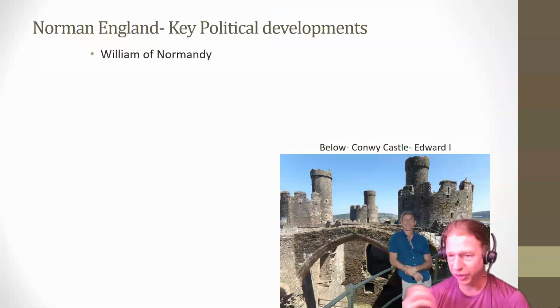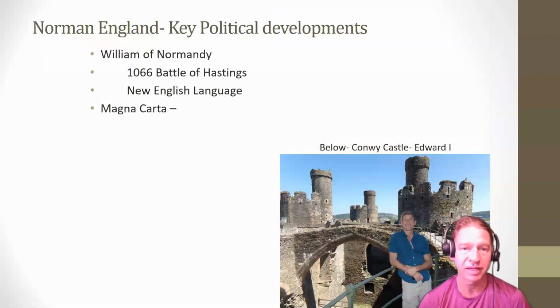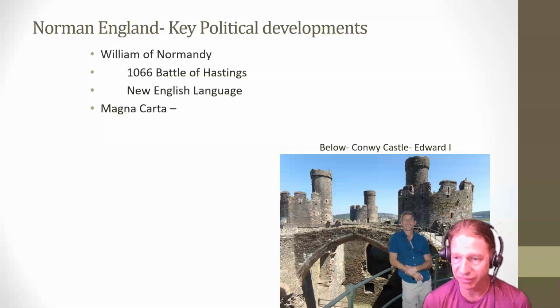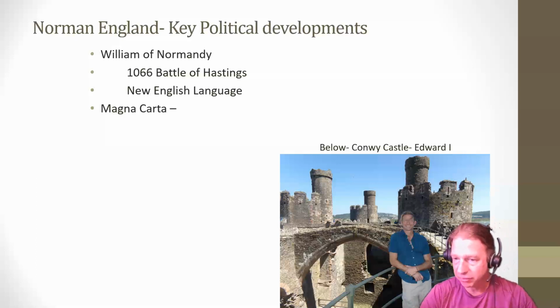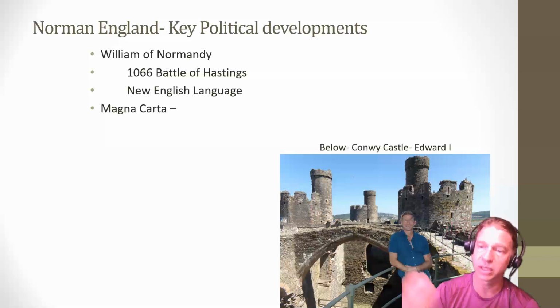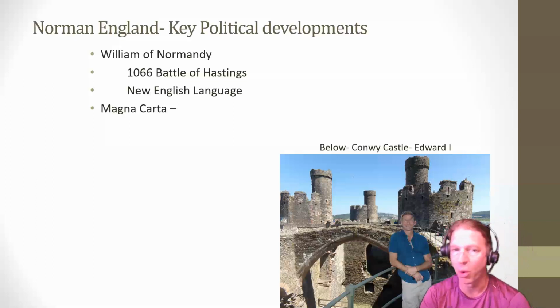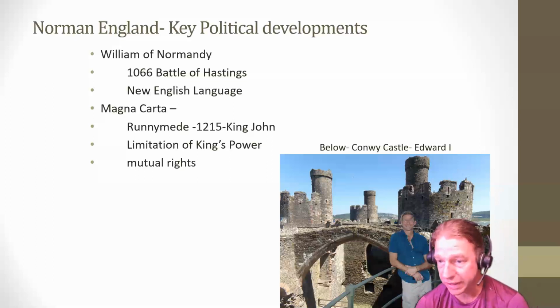This led to some really significant political developments. Following William the Conqueror, William of Normandy's victory at the Battle of Hastings, we see the long-term development of a new English language. It takes a long time for these things to develop, but as the Normans conquered southern England, William the Conqueror began divvying out the domains to other Norman leaders and figures. And this results in a fundamental transformation of England and very much creating modern England. A new English language is born not long after that event, less than 2 centuries.